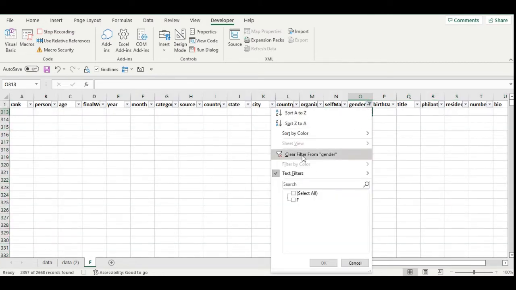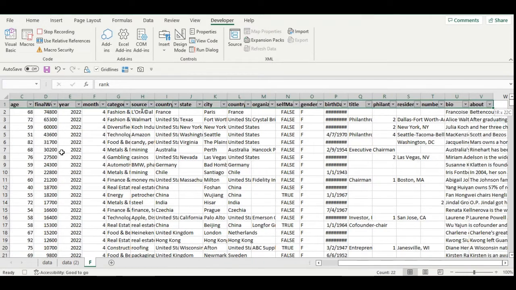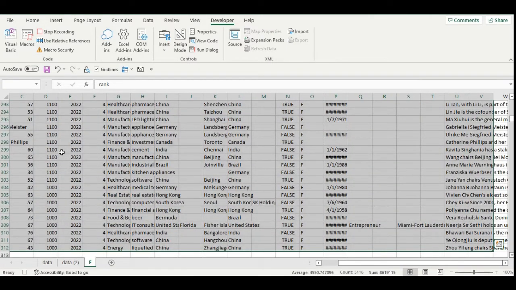I am unchecking or clearing the filter. Now I have only the female employees data, or female billionaires data. This is a billionaires data. This is done, and I'm going to select column A and make sure the entire data range is selected, and I am going to make sure that the column width is auto adjusted and the shortcut is Alt O C